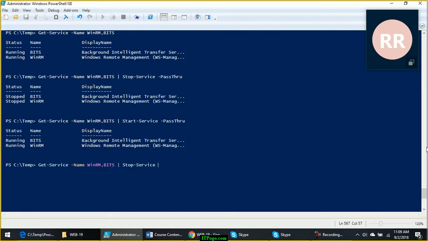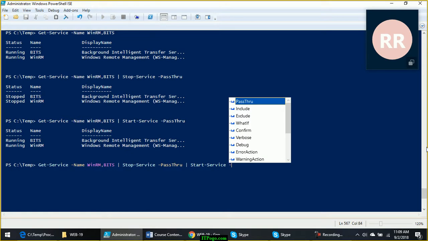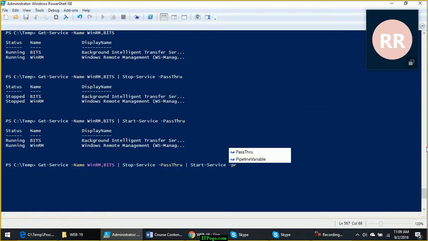Now remember, unless you allow it to pass through, it will not reach the next command in the pipeline. After stopping happens first, what is the next step that will happen? Start-Service. Now here PassThru is optional. It's not mandatory because we are not planning to use any other command after Start-Service. But if you want to see the updated status, then only you should use PassThru.